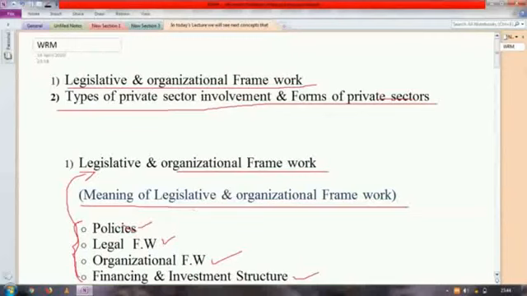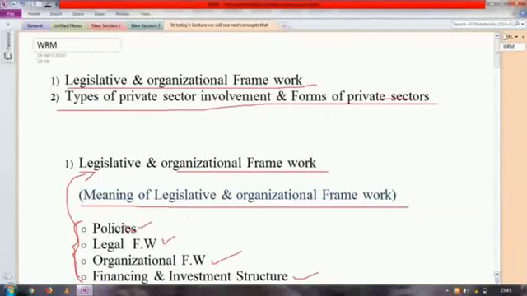Then while ensuring environmental quality, this is called the legislative and organizational framework's role in water resource management. A proper enabling environment establishes the rights and assets while ensuring environmental quality. Then the enabling environment essentially consists of rules of the game that are laid out to achieve a sustainable balance between the social, economic, and environmental needs for water.